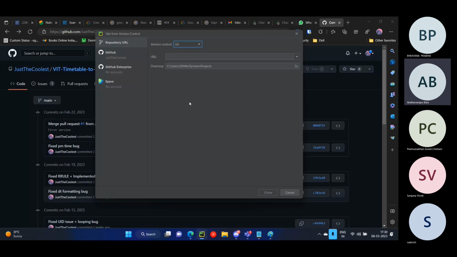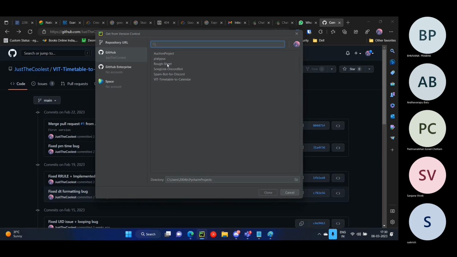Okay, let's go to starting it up. As I said, the version control software is Git. In that, you can click here to link your GitHub account. And these are all your GitHub projects. There, I'm going to choose rough sheet, which is my rough sheet for practicing GitHub or Git. And then when you click clone, what happens is that